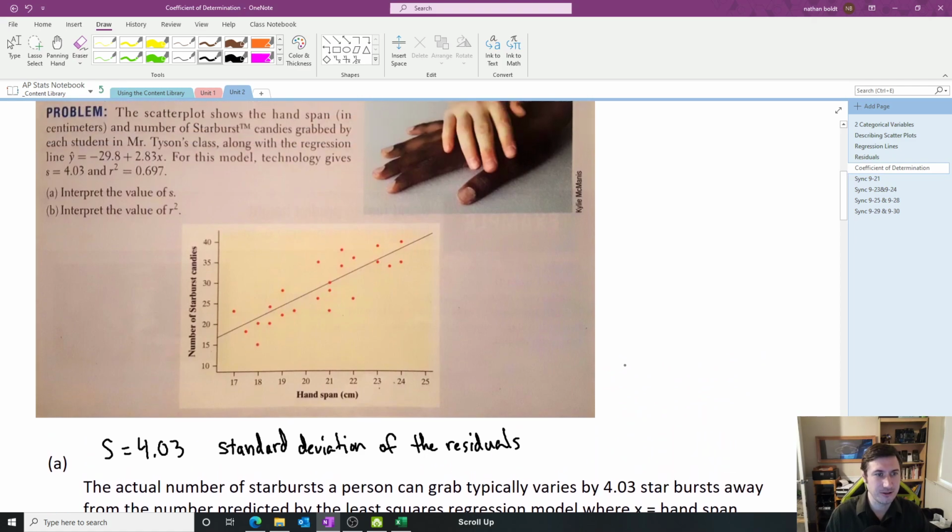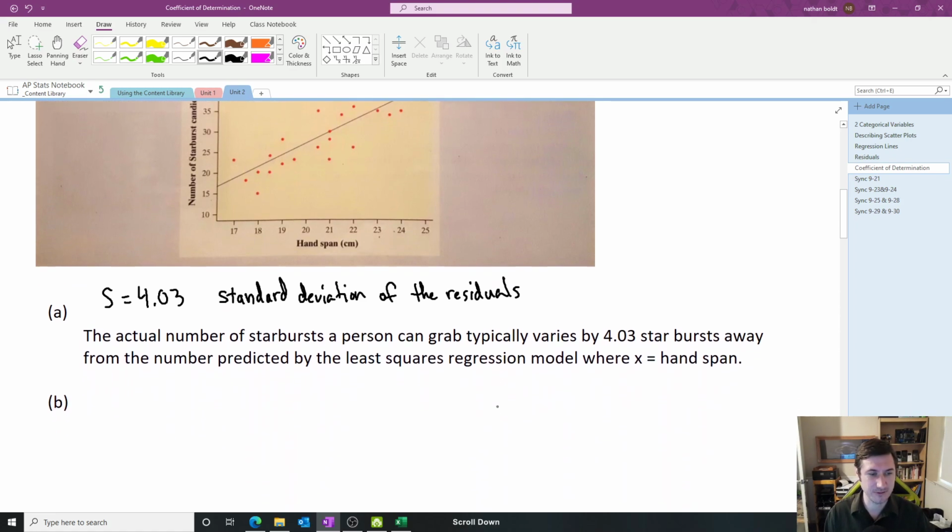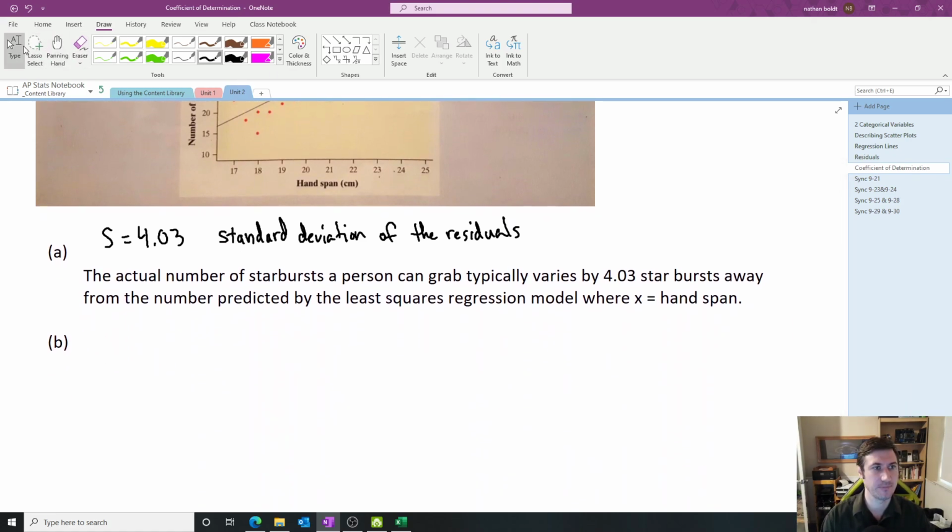Now we're going to take a look at R squared. So in this case, R squared is 0.697. So that is a percent. That is 69.7%. And what does that percent mean? So this means if R squared is equal to 69.7%, what that means is 69.7% of the variability